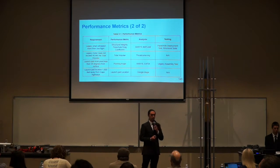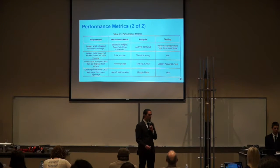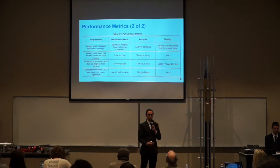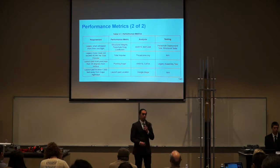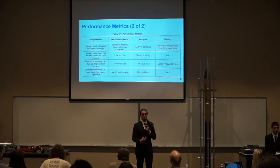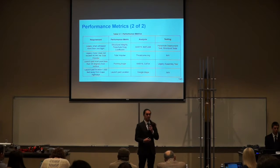The performance metrics we analyzed here were the structural integrity of the rocket, as well as the parachute drag coefficient, which determines the descent speed of the rocket. We analyzed the structural integrity with ANSYS, all the analysis that the structures team did, and we analyzed the parachute drag coefficient with MATLAB and also the data sheets from the parachute manufacturer. The structural integrity was tested by the structures team, and the parachute drag coefficient was tested during